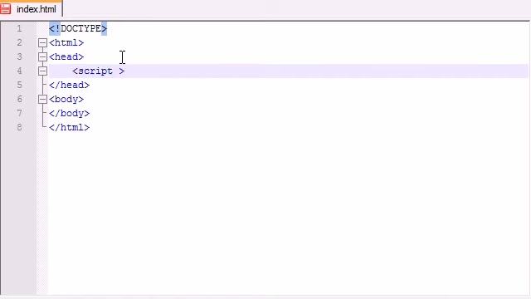So script. If you use HTML5, way back in HTML you needed type equals JavaScript, but now the default script type for most modern browsers is just JavaScript, so you don't need to explicitly say that you're using JavaScript in the type. So just go ahead and link to, I'll make a little program listing my favorite movies or something. So I'll make a movies JavaScript file,